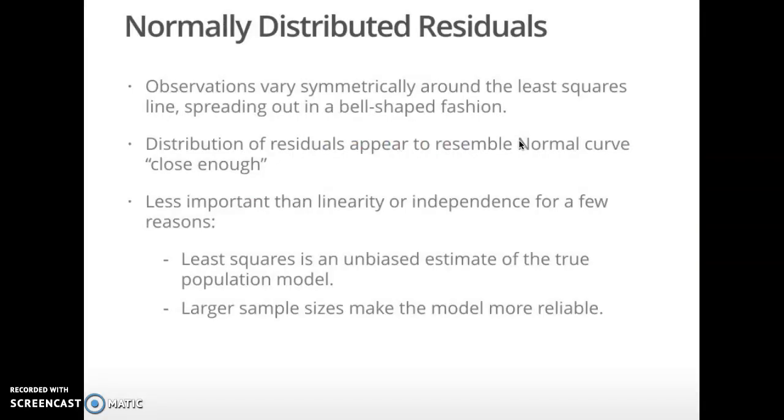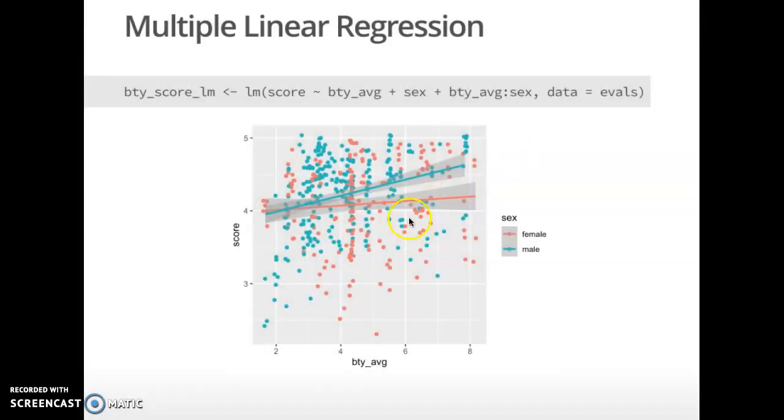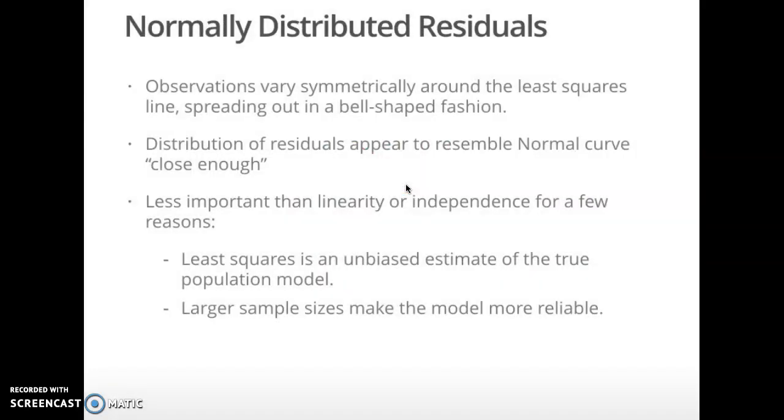So first, let's think about normally distributed residuals. The idea is that the observations are varying symmetrically around the least squares regression line. If you were to look at a specific point on the least squares regression line, say here, the observations fall in approximately a bell-shaped curve around the regression line, specifically for professors who have an average beauty score of 6. That's a little bit difficult to visualize, so maybe it's easier to visualize the distribution of the residuals of our regression line